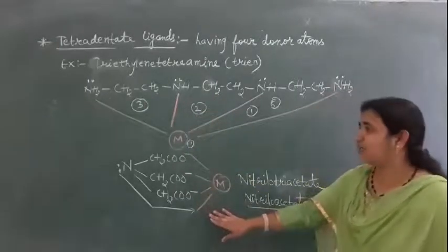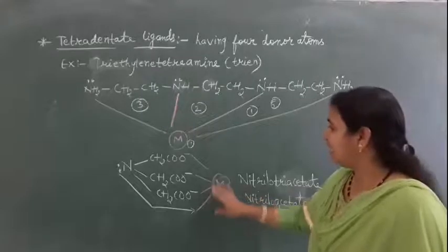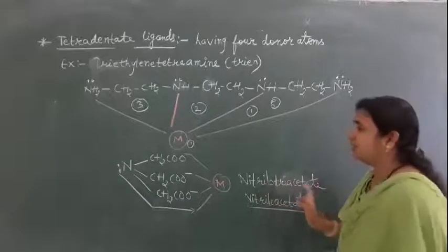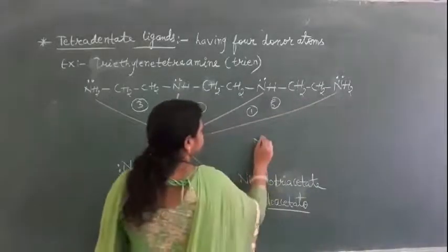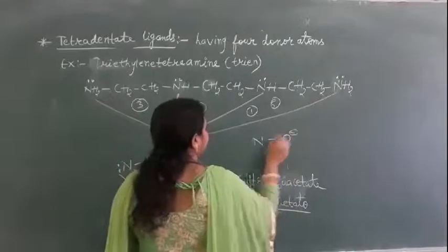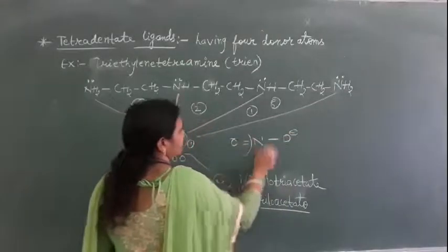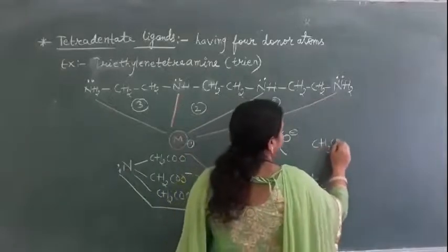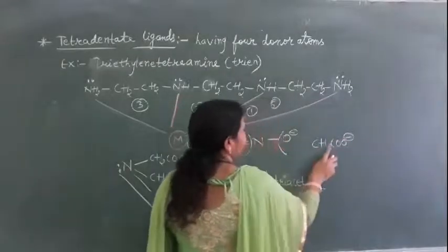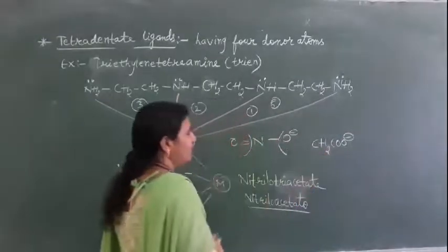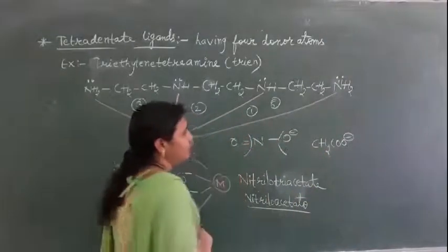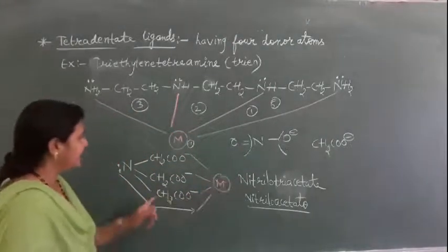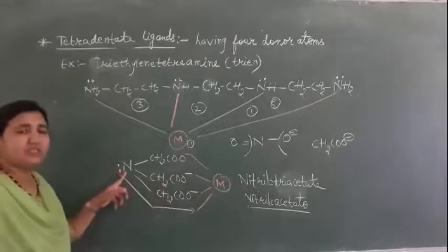Another we have here, a negative ligand which is tetradentate. The name is nitrilotriacetate. This is the nitrogen we have here, and O minus and double-bonded O. Okay. Just remove these 2 O and add acetate ion. Acetate ion is what here? CH3 COO minus. So remove 1 hydrogen and it becomes CH2 COO minus and add to this nitrogen. So we will get nitrilotriacetate. 3 acetate ions attached to this nitrogen.